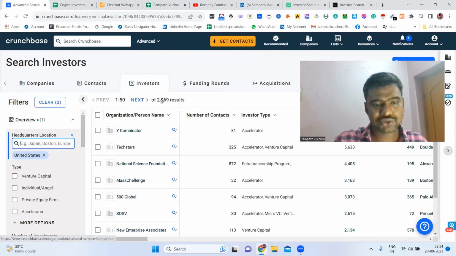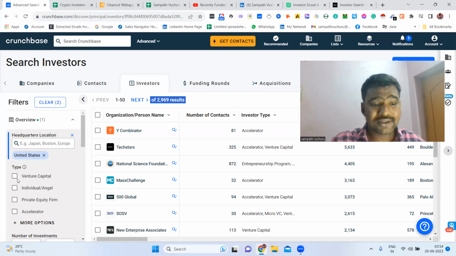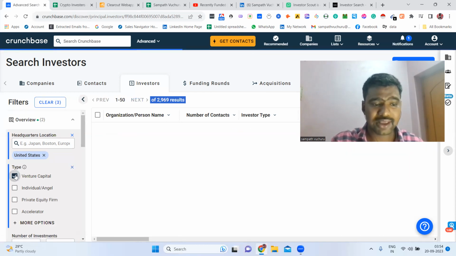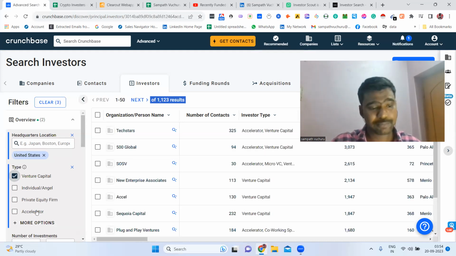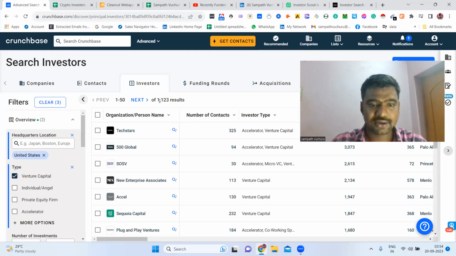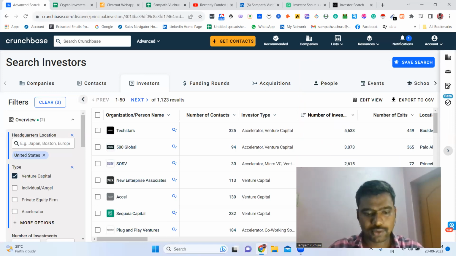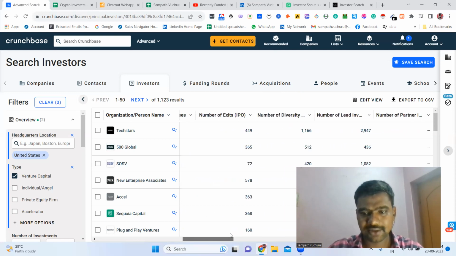Now I can have a chance to see 2,969 or so. I need only venture capitalists, like venture capital companies. So now here I can select that. Here you can see individual or angel investors or private equity funds or anything. You can select that here. Now we can see here 1,123 results. Now what I'm going to do is, here I've already selected a few columns, like